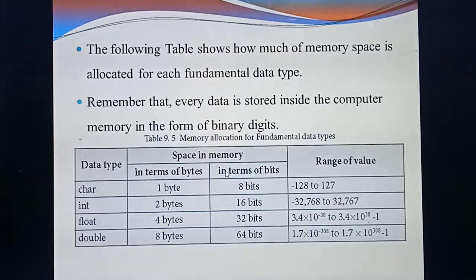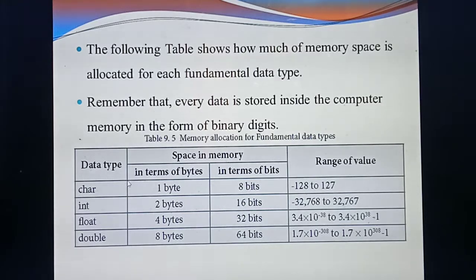Each and every piece of data is stored in the form of binary digits. We have been studying this from the first chapter onwards, isn't it? Whatever you give inside the computer, all of it will be converted into bits and bytes. So all the data are stored in the form of binary digits. Listen, first we are going to study memory allocation of fundamental data types. How much space is required for storing each fundamental data type? What are the fundamental data types? Integer, character, float and double. Okay, listen carefully.